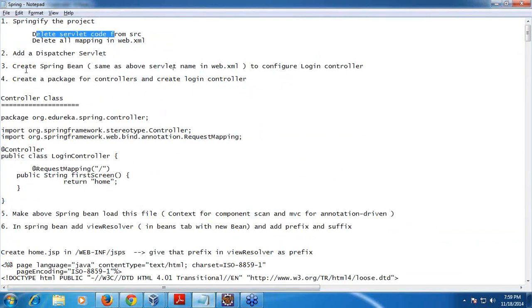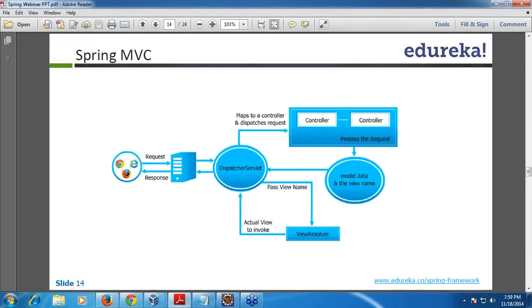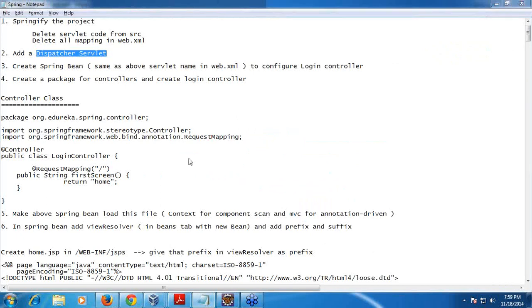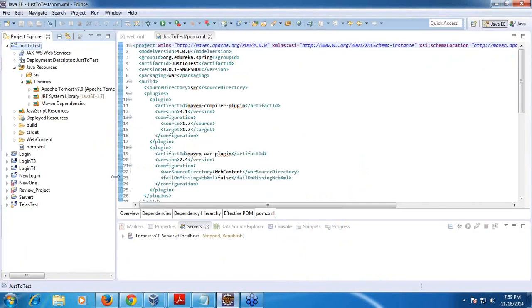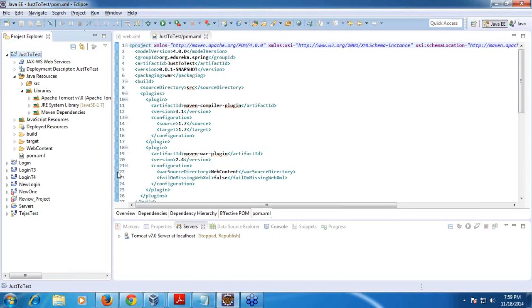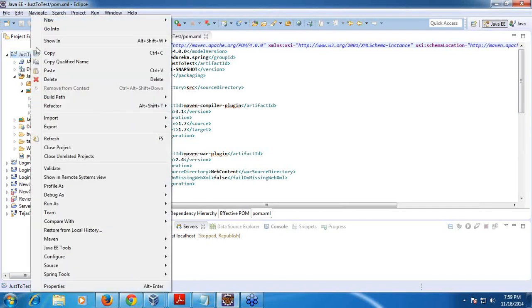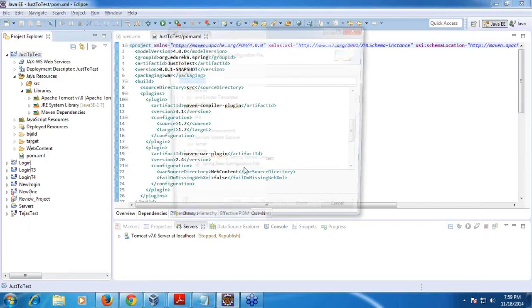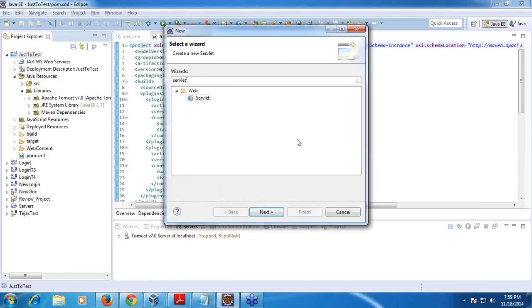Now I need to add the servlet, dispatcher servlet. So let me come back to this diagram. So this dispatcher servlet is what I'm trying to add now, right? So how to do that? All of you notice here. So now just right click on this application, right? Go to new, other, and say servlet, right?